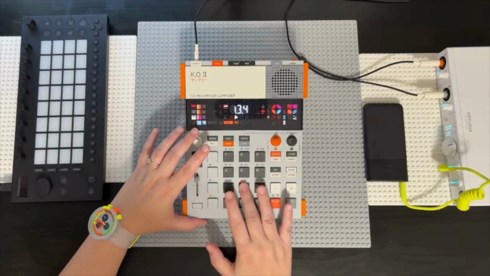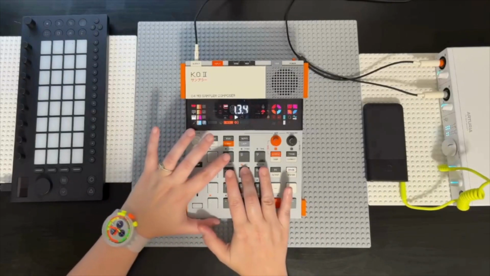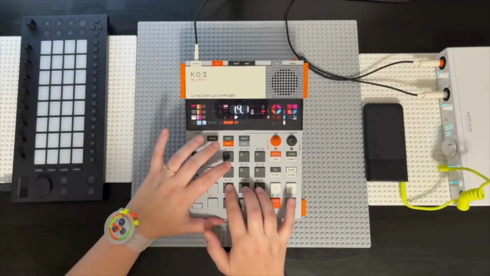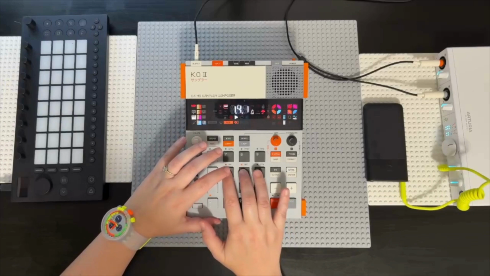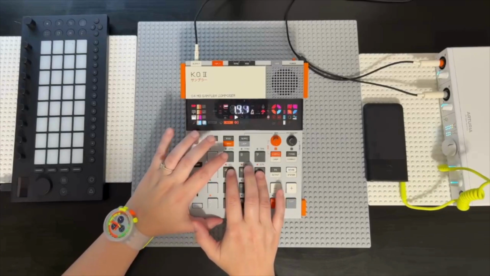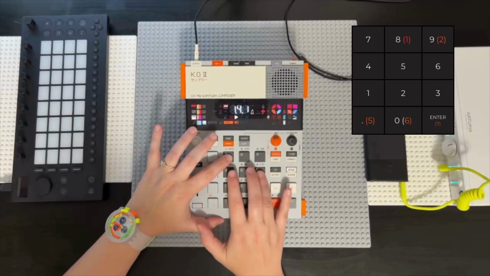Quick music theory note: the major scale has 7 notes, each with a number. In C major, C is 1, D is 2, E is 3, and so on. Using the Key 2 layout makes harmonic numbering easier to understand.